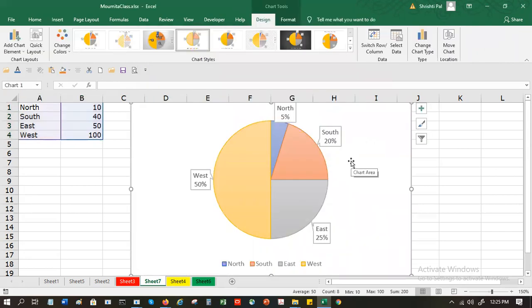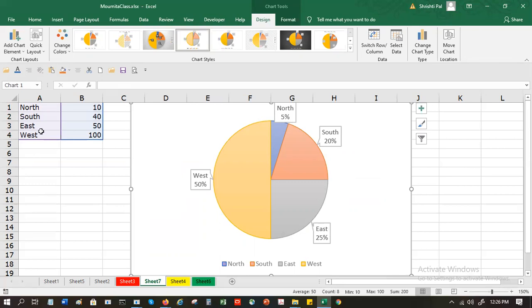So the moment I say okay, everything that I did comes by default. I don't have to play around with the style, color, layout, anything. So I have to go to insert. Yes, first create a table like this.